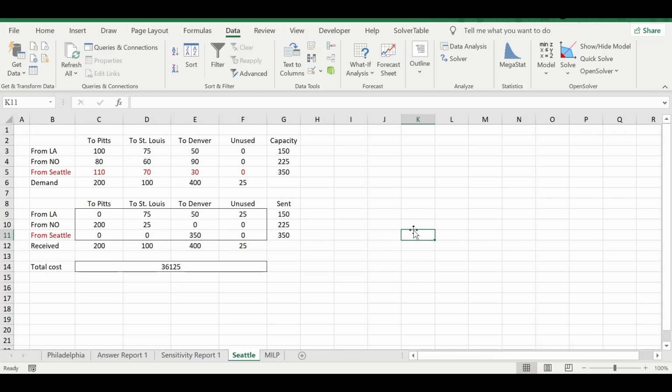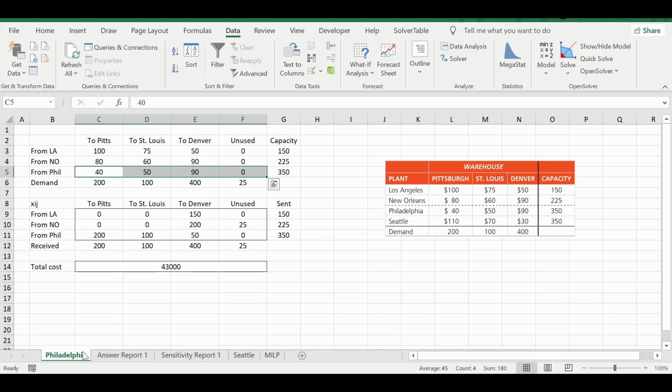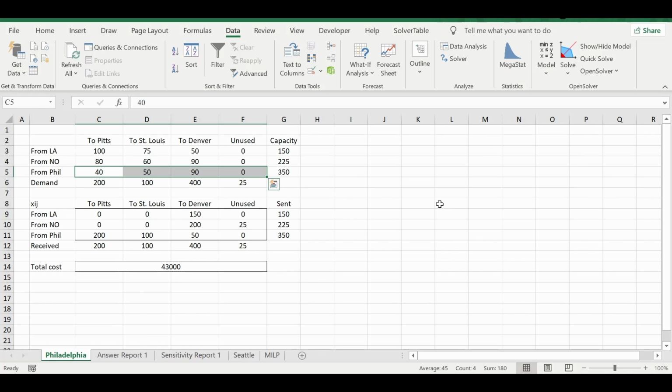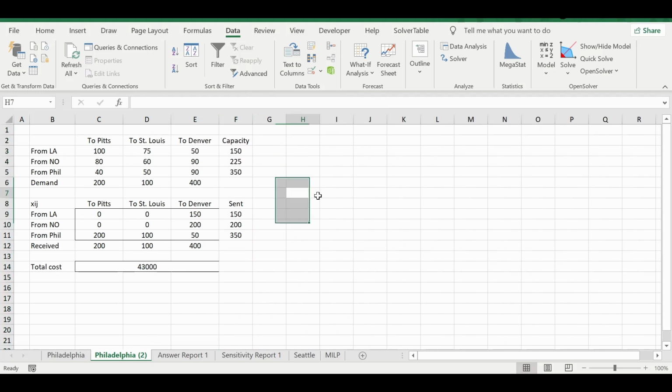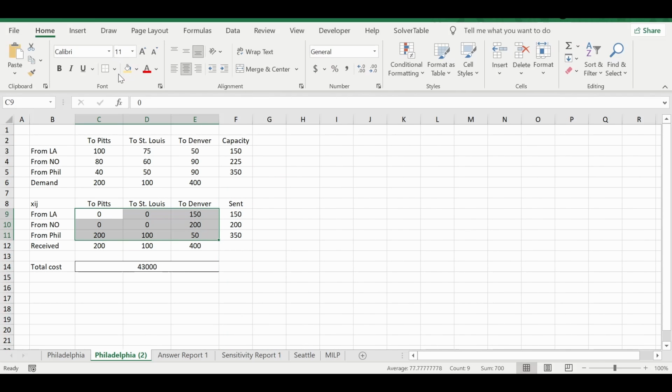Anyway, so this is how you will formulate the balanced transportation problem here. But what I want to communicate here also is that it is not essential to make a balanced transportation matrix in order to solve the problem using software. For example, if I delete this unused column here, then what will happen? Actually, nothing will happen. You can still solve it.